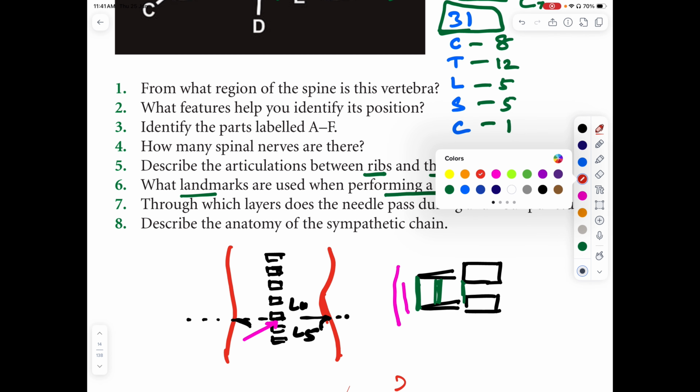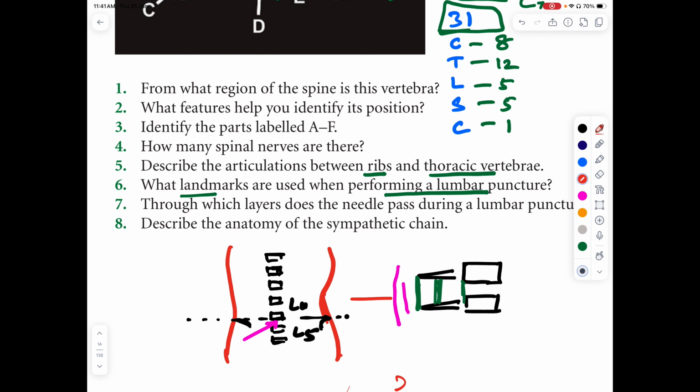When you put the needle, first you get skin, then subcutaneous tissue, deep fascia, supraspinous ligament, then interspinous ligament. Then this is the ligamentum flavum, yellow in color. When you puncture the ligamentum flavum, you get